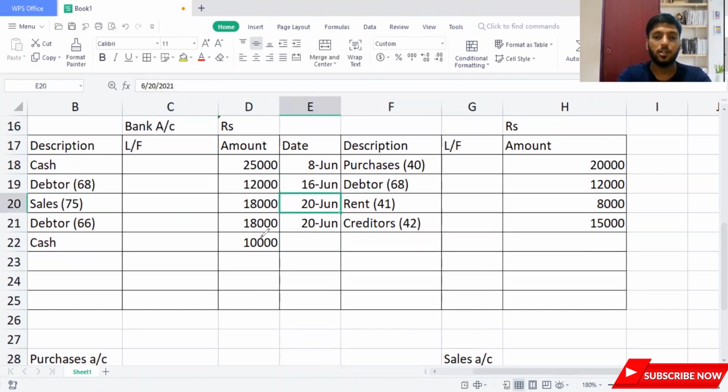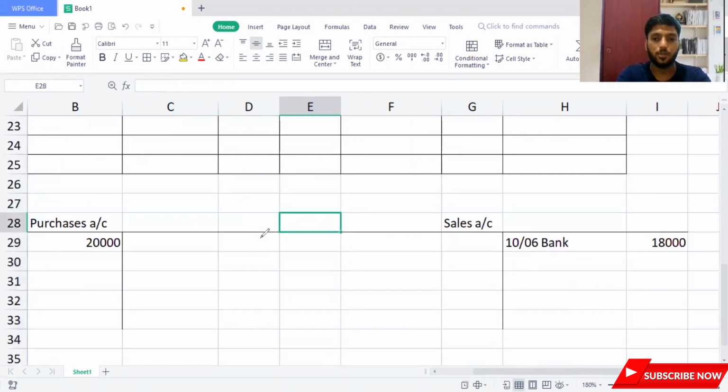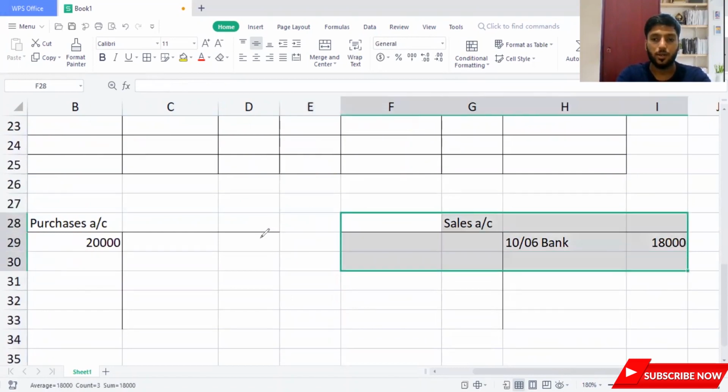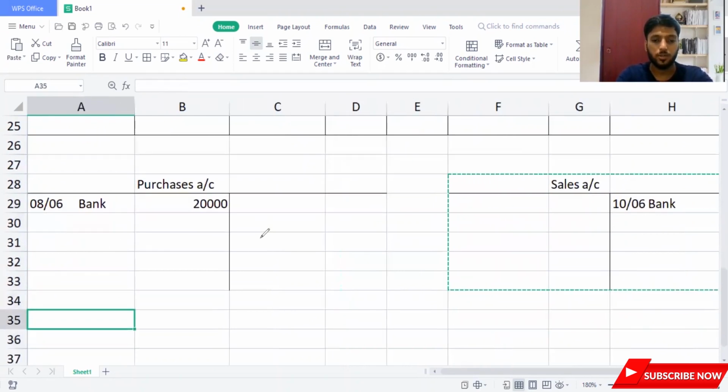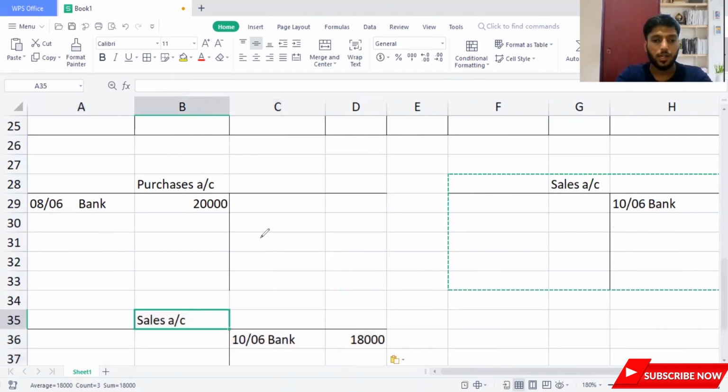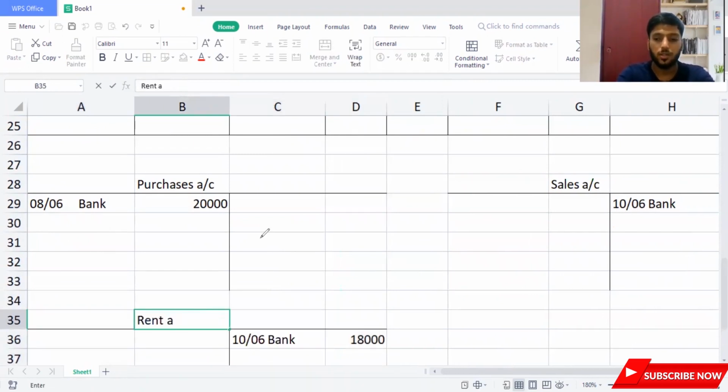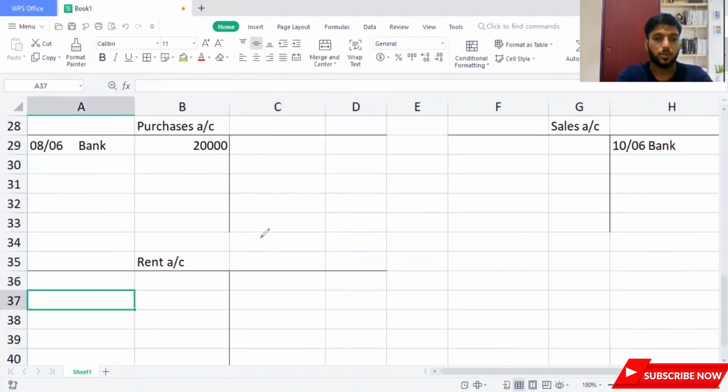So now here I'll need to open up an account called rent account because I have credited the bank account. I should debit the rent account because rent account is an expense account. Come down and I'll record this. Record here rent account. So rent account is how much? 8,000. Write the date. What's the date? I forget the date. I'm always forgetting things. So no worries. 20th 6th.